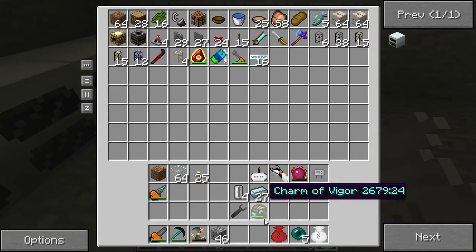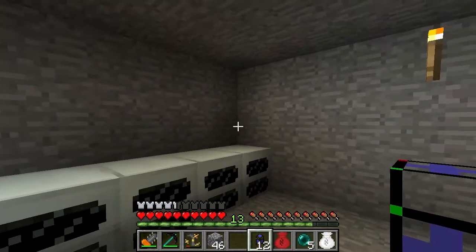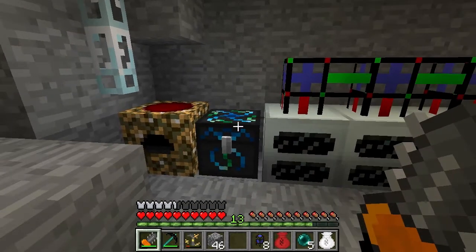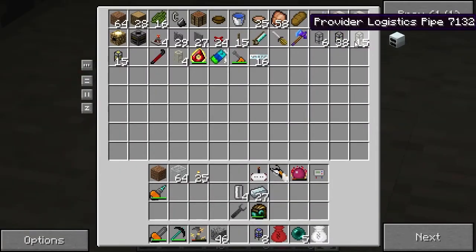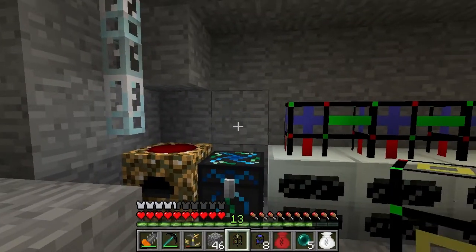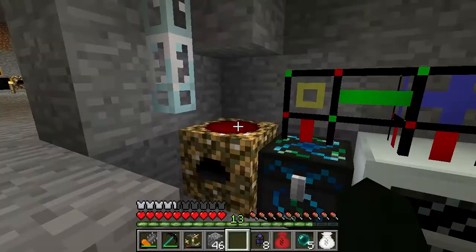Where are you at? There they are. Liquid supplier pipes, more than we'll ever need. Alrighty, we'll do something like that, and we need a provider pipe, something like that. There we go. Provider, put him there. Okay, and then we can simply